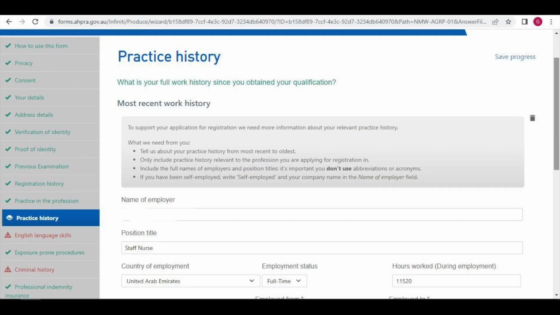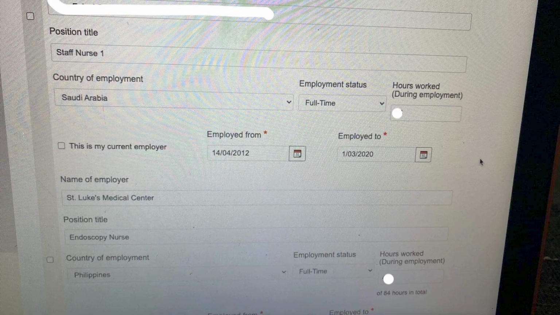So now we're in the practice history. So AHPRA will require you to put all your employment details since you became an RN. So you'll just need to fill in the details there. So you just need to put the company name, the position, was it a full-time job, which country was it? And then you will just need to put all the total hours that you have worked